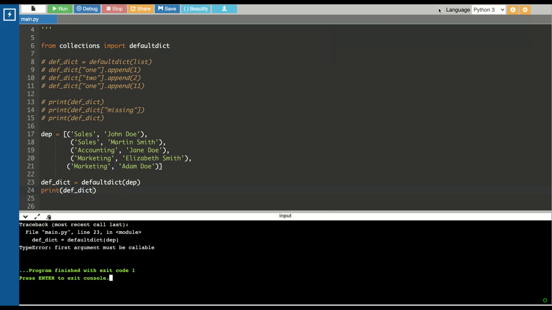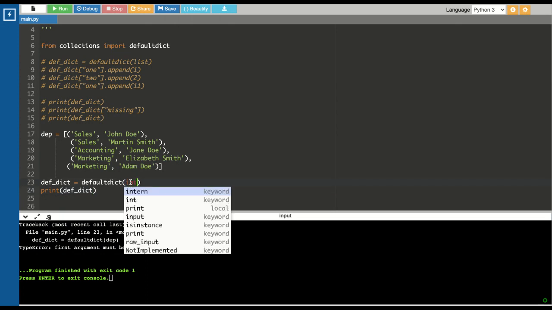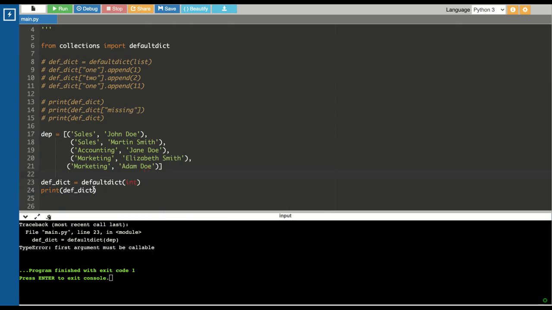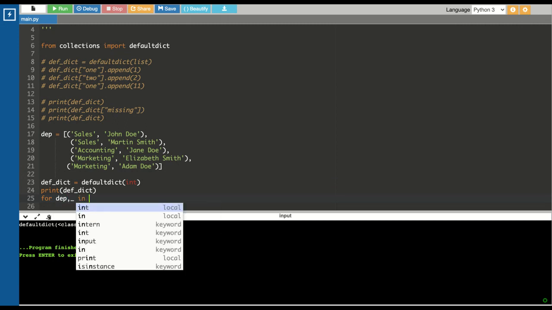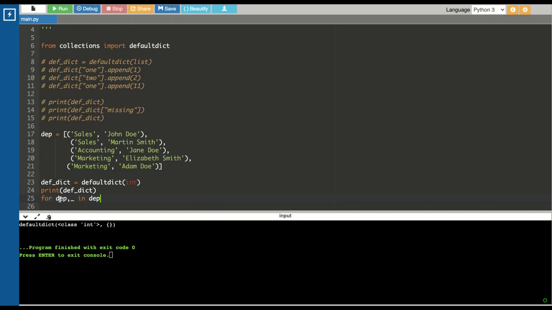Sorry, we will pass it as an integer to create the dictionary. Since int is callable, we can pass it. Let's try to iterate over the list and add that to this defaultdict.